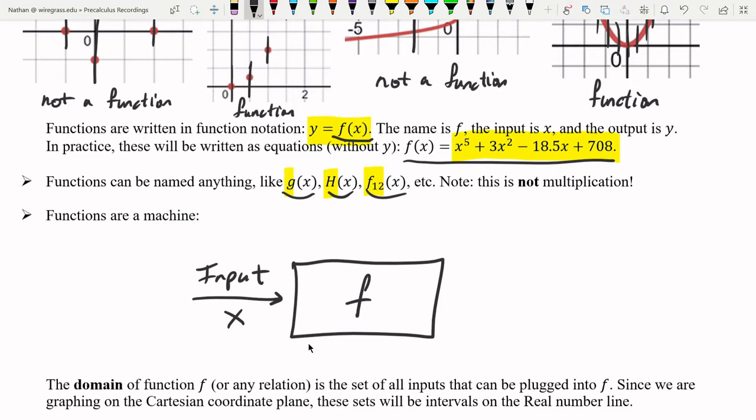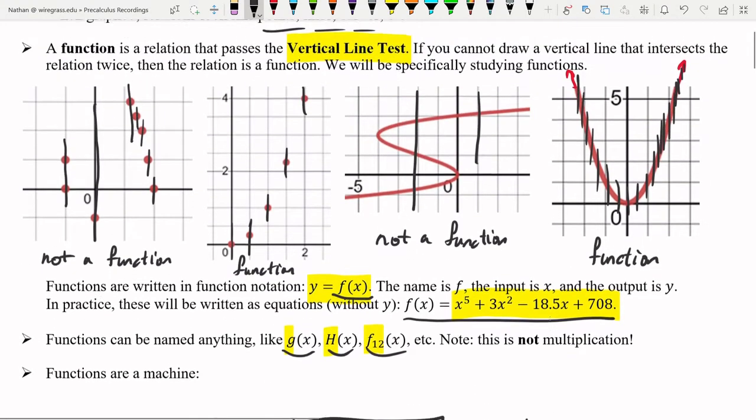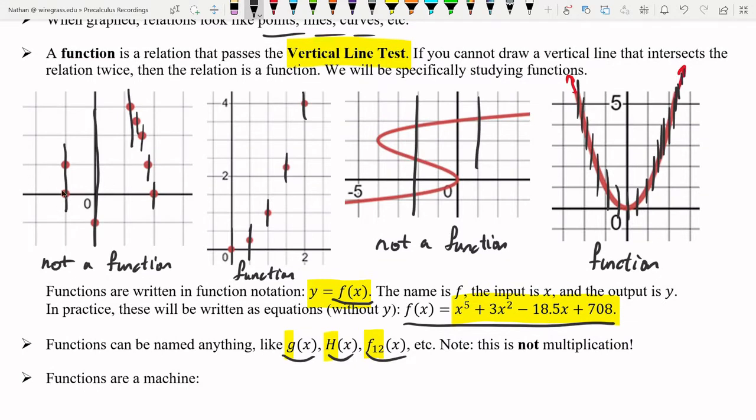And that will be our inputs. And then from this thing, the function does something to that input, and it gives you an output. And that will be the y variable, or the vertical axis on the grid. And the nice thing about functions is you plug in one input, you get one and only one output. That's the same thing as saying the vertical line test passing, that if I plugged in an input in this